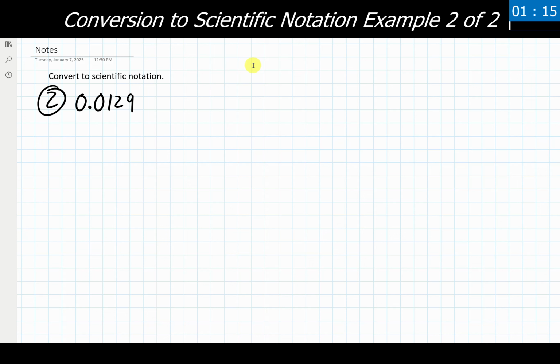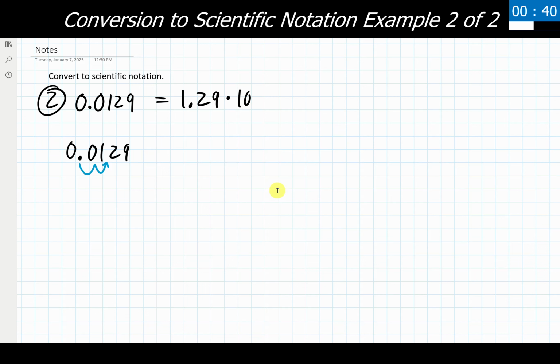For our second example, we are starting off with the number 0.0129. And I'm told to convert this thing into scientific notation. Once again, I'm going to rewrite this number right below where I'm starting, because I want to be able to track where the decimal changes are happening. And I need to rewrite this thing to be a number between 1 and 10. So I'm going to take the decimal and move it over 2 places. And I'm now going to get this thing rewritten as